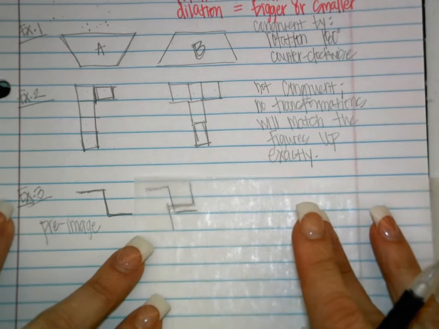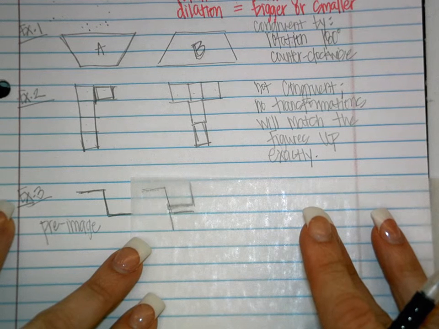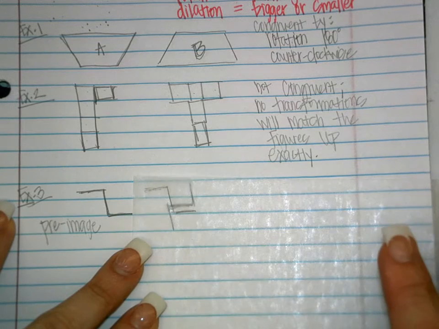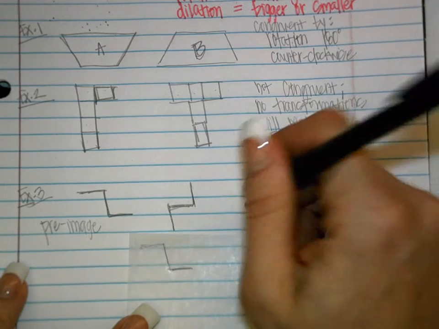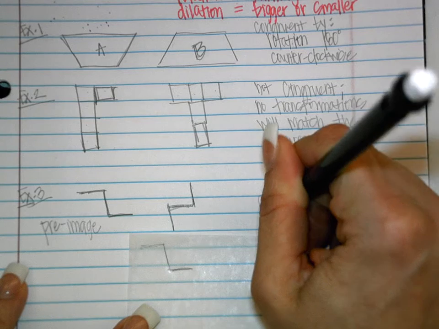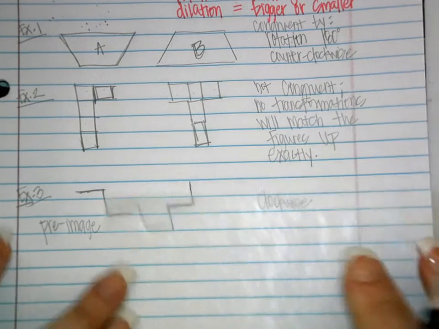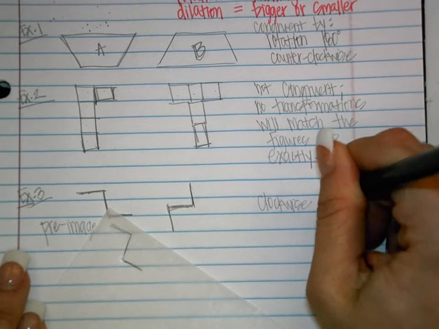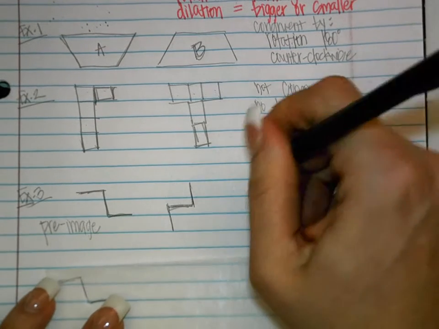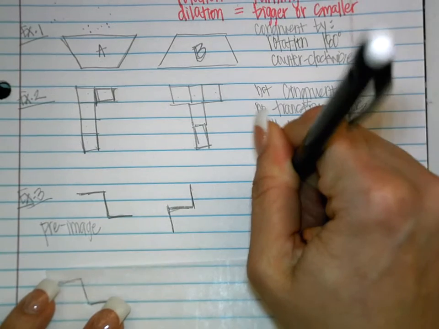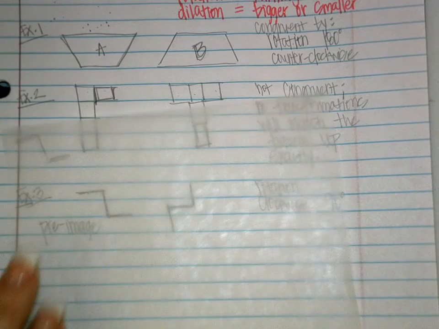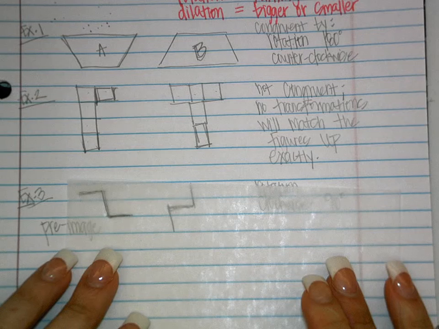Take this, and what do you have to do? Do you think I'm going to have to rotate it? Which way should I go? To the left or the right? You want to go to the right, so that's going to be which way? Clockwise. Okay, so I'm going to write myself a note. Clockwise, and then how many rotations? 90 degrees. Okay, rotation clockwise 90 degrees. Now, if I just took this pre-image, this first image, and rotated it 90 degrees,